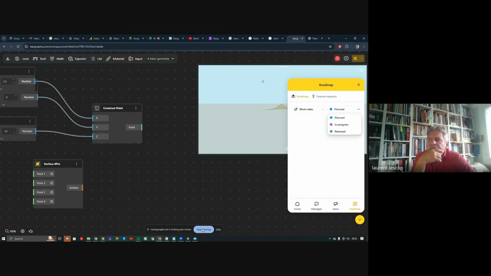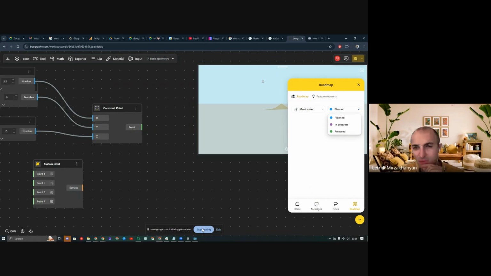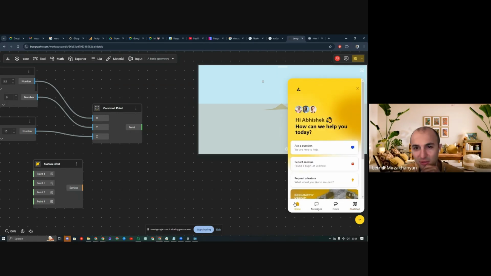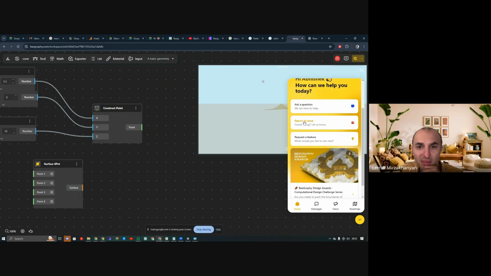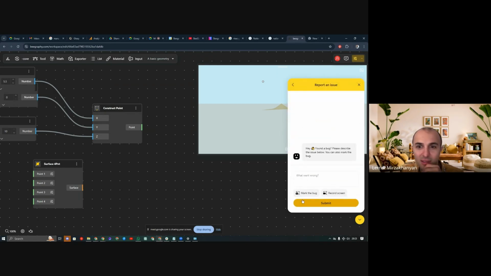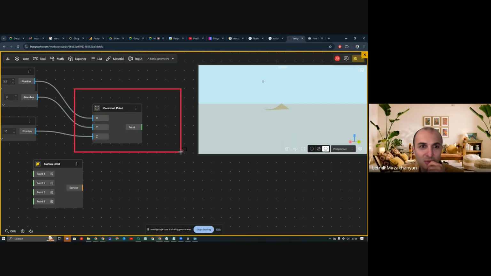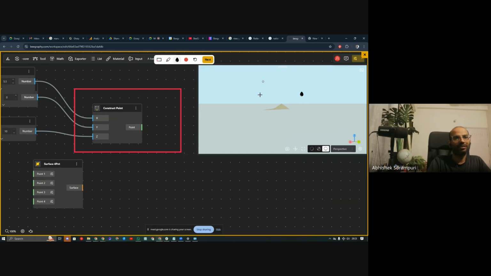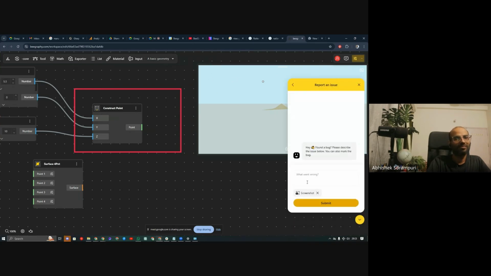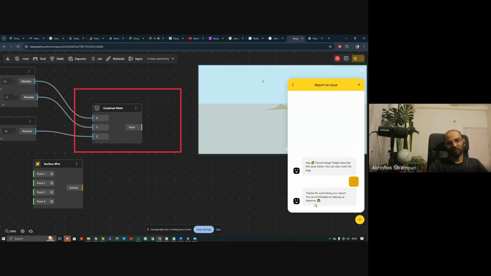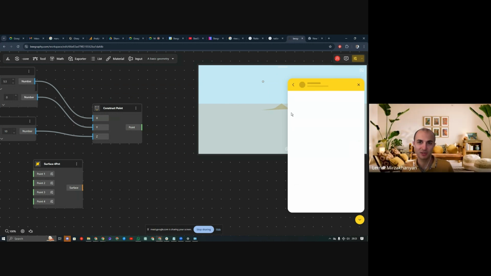Abhishek, I think from messages or from home, there is a way to directly click and report an issue, and it asks you to mark right there. You can put all the markers and everything. That also takes a screenshot and you can just report an issue. There is a feature request option as well.